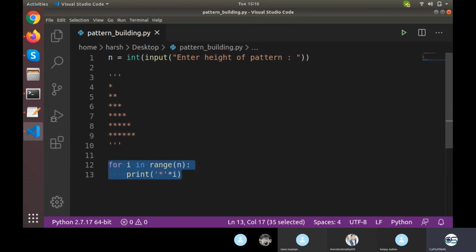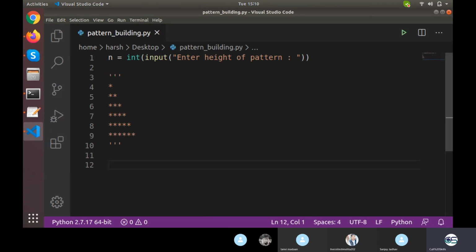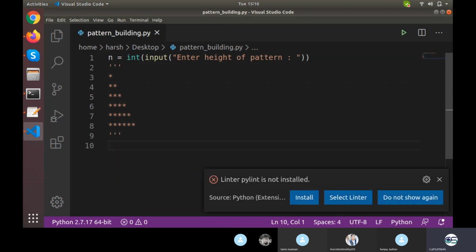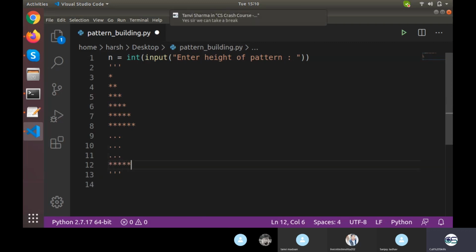Now, let's suppose you haven't done that. Let's see what is going on in this exercise. What is the pattern, and what is required to implement it? If I talk about some 10th line, it will have nothing but 10 stars. 1 2 3 4 5 6 7 8 9 10. So the line number is equivalent to the number of stars. Whichever line I talk about, that line would have that number of stars.